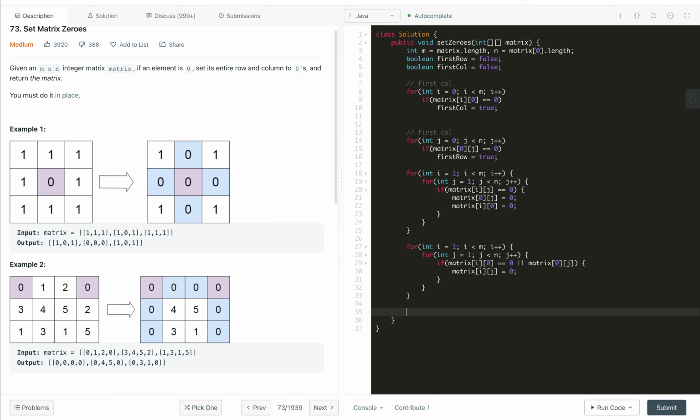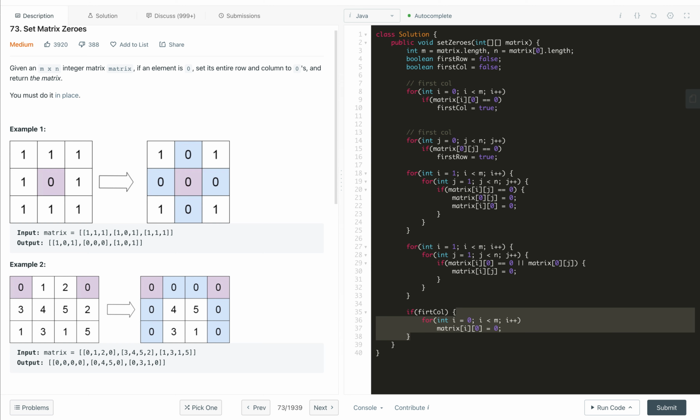So now the last step: if first row is true, then we take this code, copy paste it, better to do it for the first column. So if this is true, then we copy paste this piece of code. Now we don't need this, we just need to update matrix of the first column, which is the 0th column and ith row, so 0th column is 0.